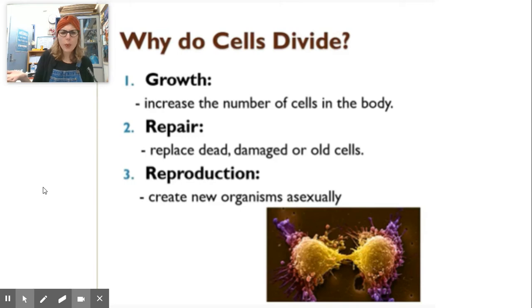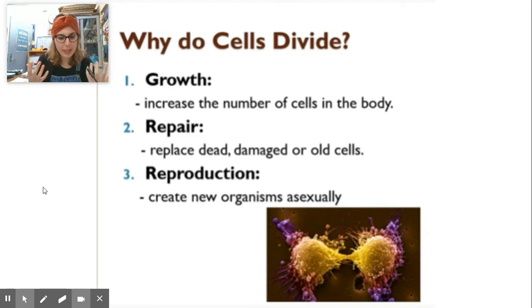So, why do cells divide? The first reason that they divide is because of the need to grow. So, growth. We need to increase the number of cells in the body. And so we know and have learned that cells are limited in terms of their size. They can't get bigger and bigger and bigger because diffusion will take too long. The DNA will be inefficiently giving out information to make proteins for the cell. So we can't have this huge cell, so growth is one of the limits.